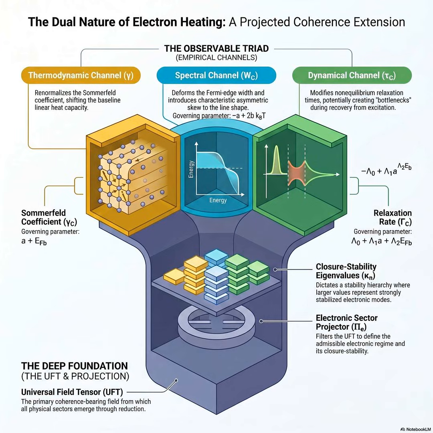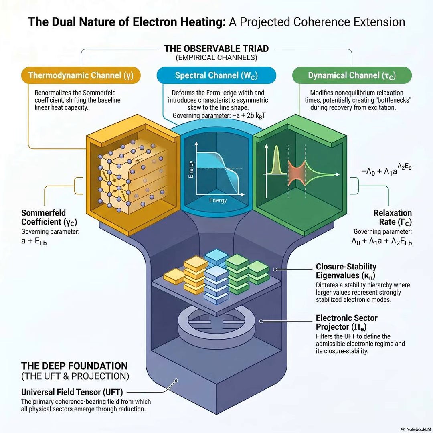Oh, wow. This chi value represents the degree to which those occupied states remain structurally stabilized, or what he calls coherence concentrated. But where is this structural stability actually coming from? Because if it's not coming from the atomic lattice and it's not coming from the electron interactions in the traditional many-body sense, what is providing the coherence?